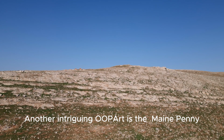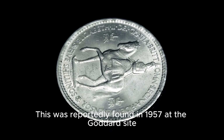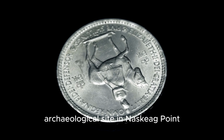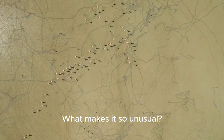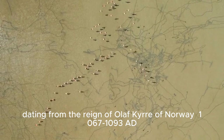Another intriguing OOPArt is the Maine Penny. This was reportedly found in 1957 at the Goddard site, an ancient Native American archaeological site in Naskeag Point, Brooklin, Maine. What makes it so unusual? It's a Norse silver coin dating from the reign of Olaf Kyrre of Norway,